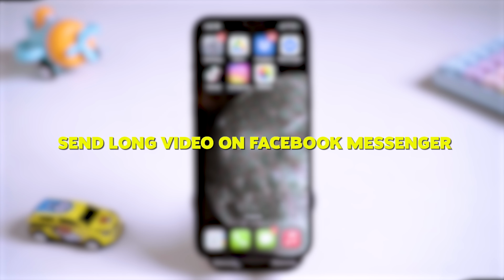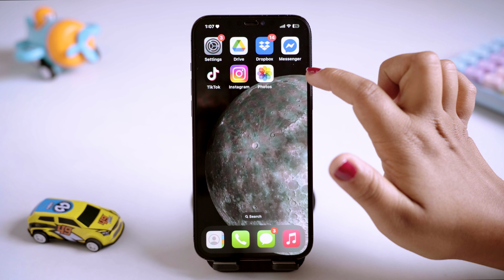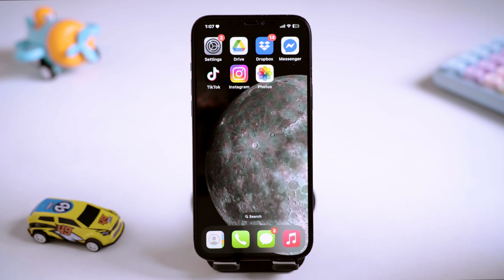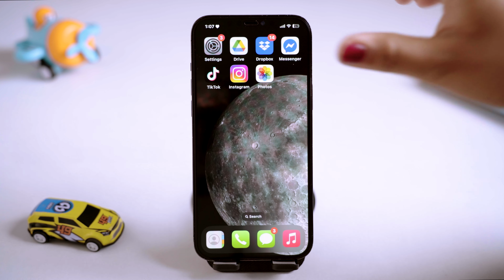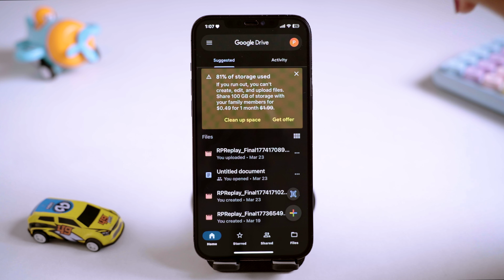How to send long videos on Facebook Messenger. So for that, you can either use your Google Drive or Dropbox. For now, I'm going to use Google Drive because it works for all of the iOS phone and also the Android phone. So simply open the application and make sure that you are logged into your account, and then simply